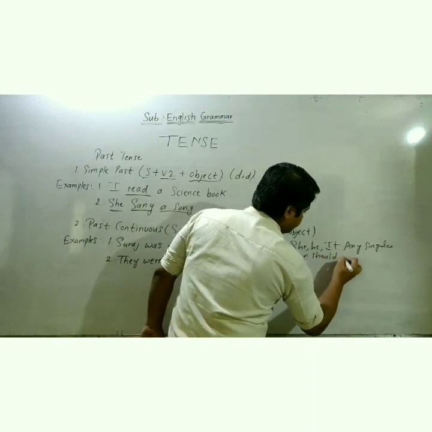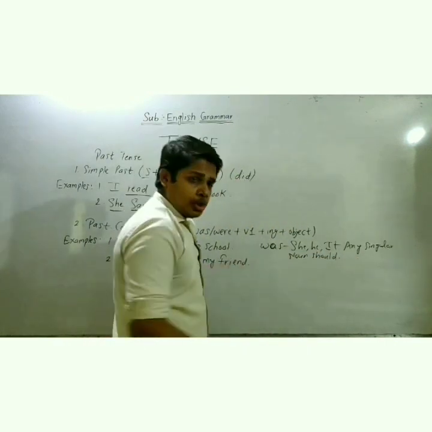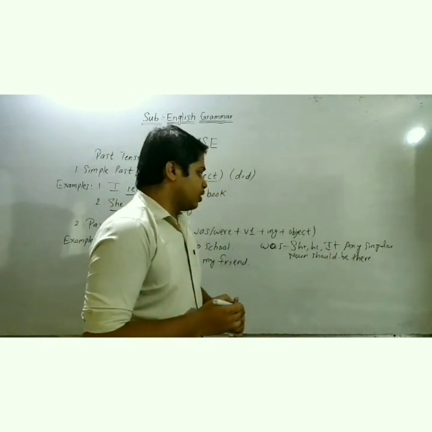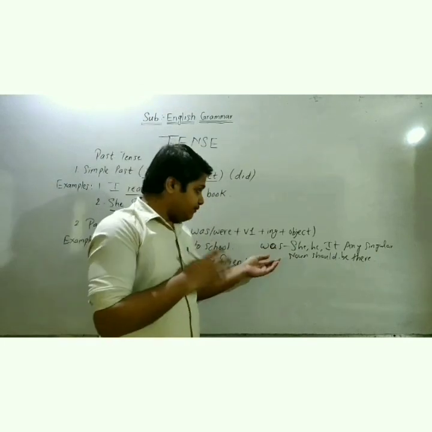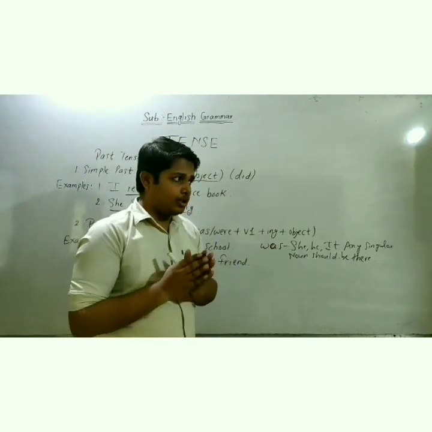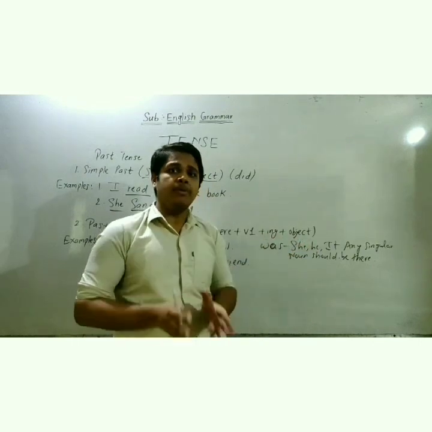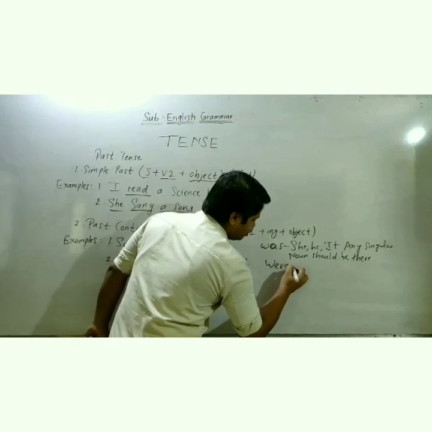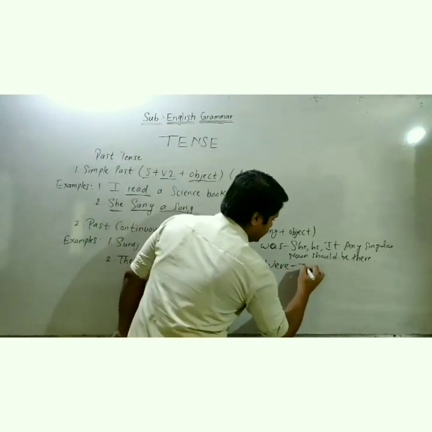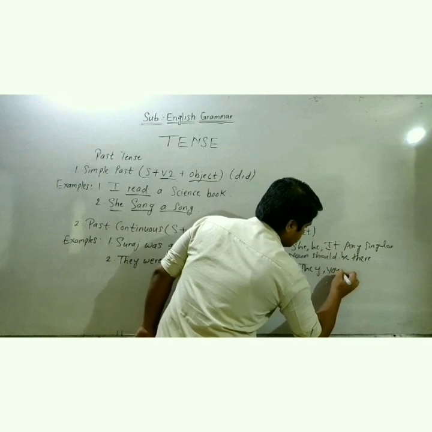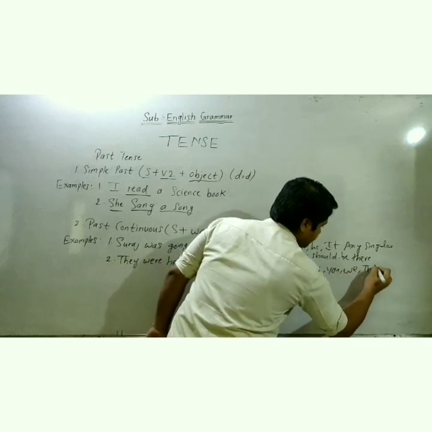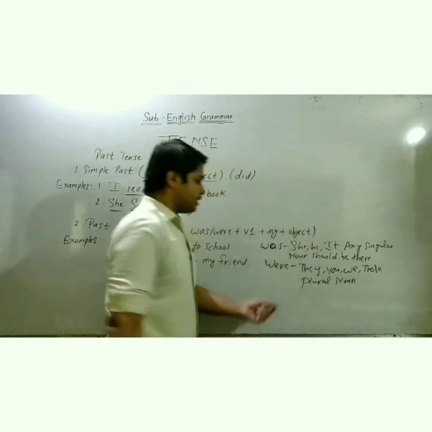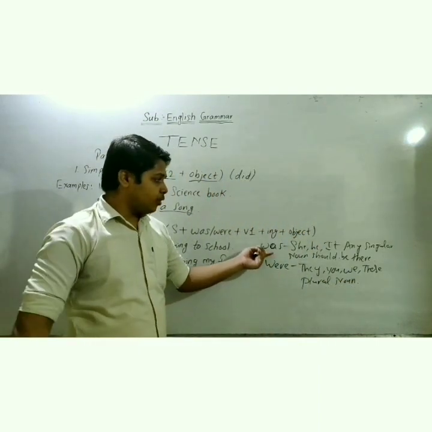At that time we have to use was. Otherwise we can't use was. So if you are using was, keep in mind the noun should be a singular noun. And after that, we use were if there is they, you, we, these, or a plural noun. Keeping this in mind for was and were.